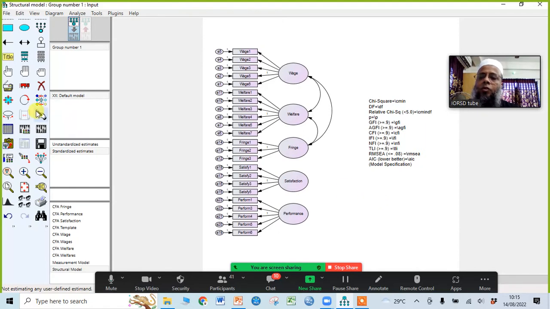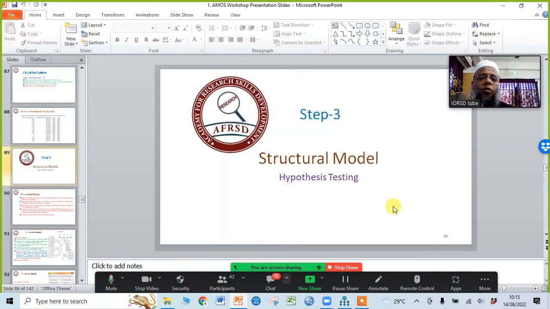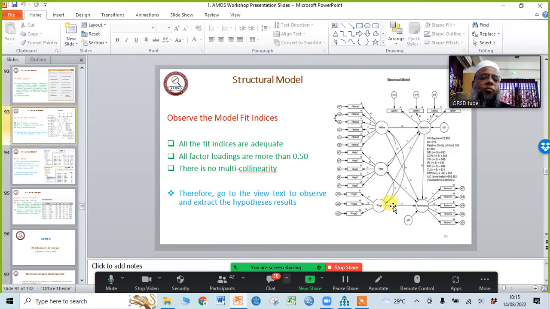Oh, okay. So take this move object tool and ensure that preserve symmetry is selected, because we have to move our satisfaction and performance from this place to the right side. So I would like to show you which model we are going to create. We are going to create this model actually. Your satisfaction will remain here, and performance will be in the down and right side corner, and satisfaction will be above and on the right side.